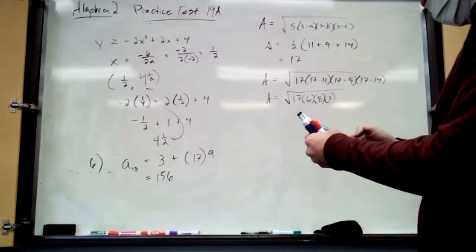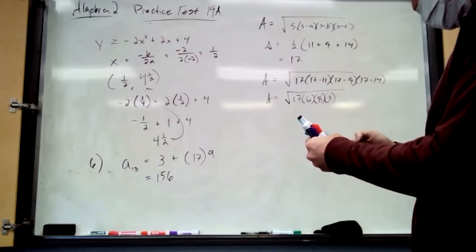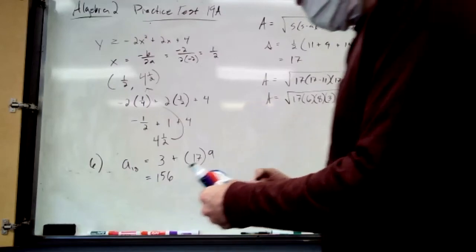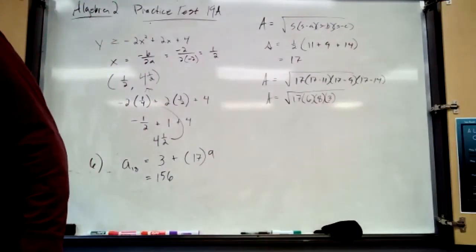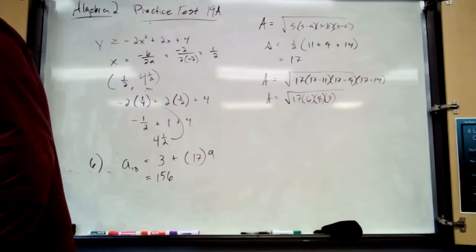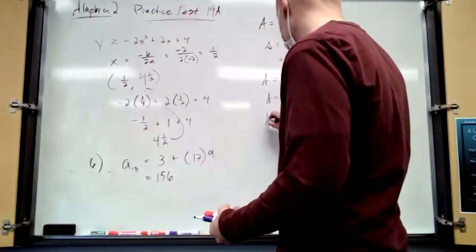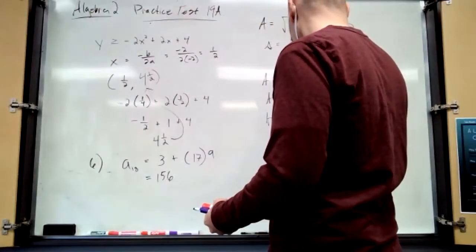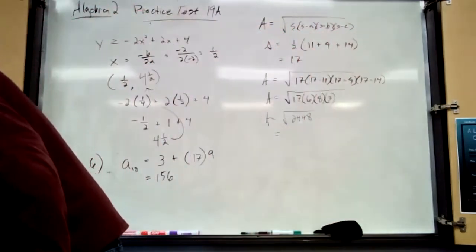All right, so 17 times 6 times 8 times 3 equals 2,448. Okay, when you square root that, you get, let's just write that so far, the square root of 2448, which equals,